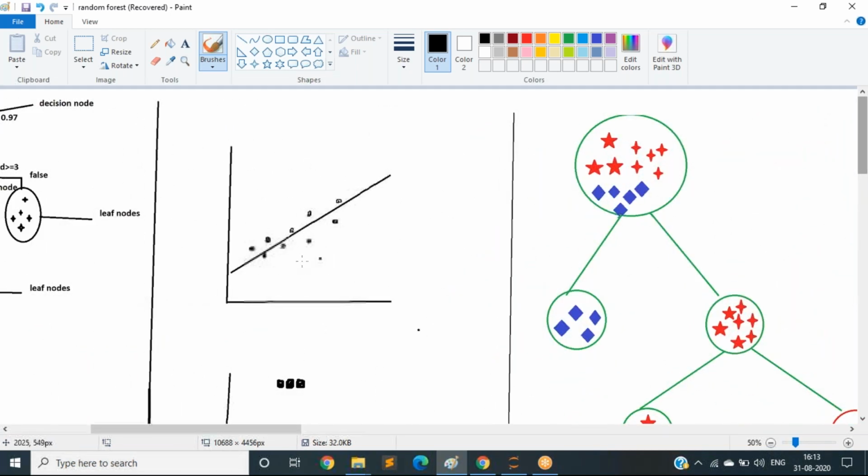In linear regression, your graph may be like this, a straight line like this. And if we apply any regression, the predictions can be much closer to this regression line. I think you know what regression is.